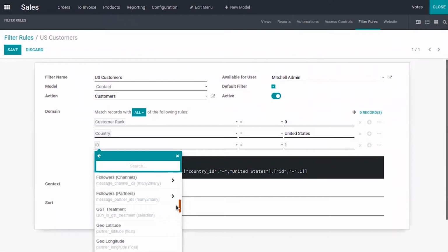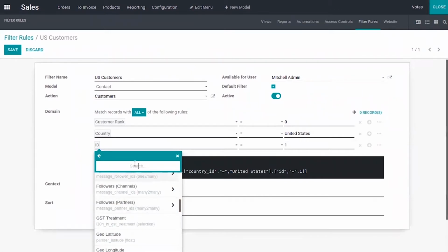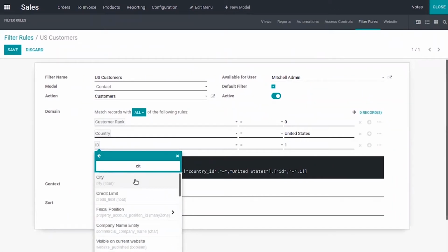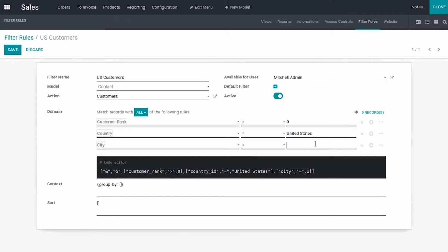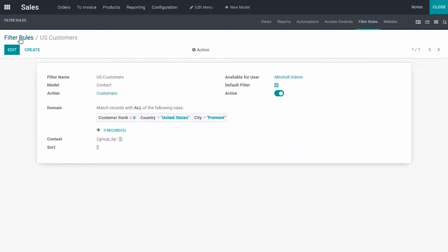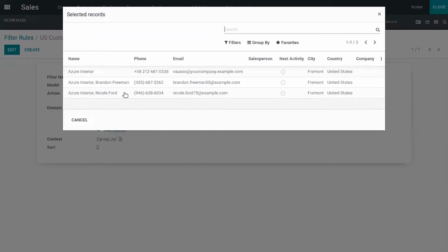Here we can select city, city equal to Fremont. Now we can save this. So now the domain is changed, and you can see the records updated accordingly. Here we can see 3 customer records with country United States and city Fremont.